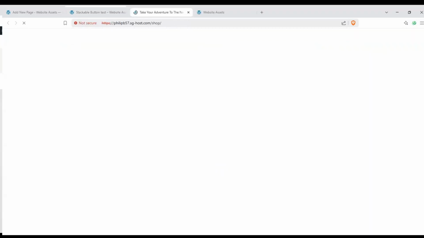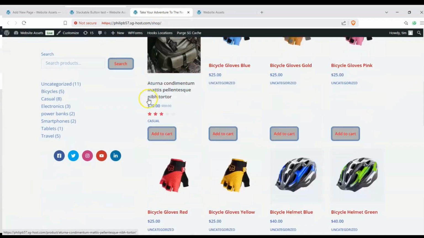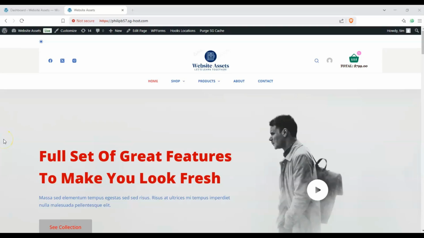In this video, we're going to be taking a look at Stackable's button block in WordPress. This is a mini-series on taking a look at Stackable's blocks one by one. To get started and to take a look at this block on its own, let's go ahead and make ourselves